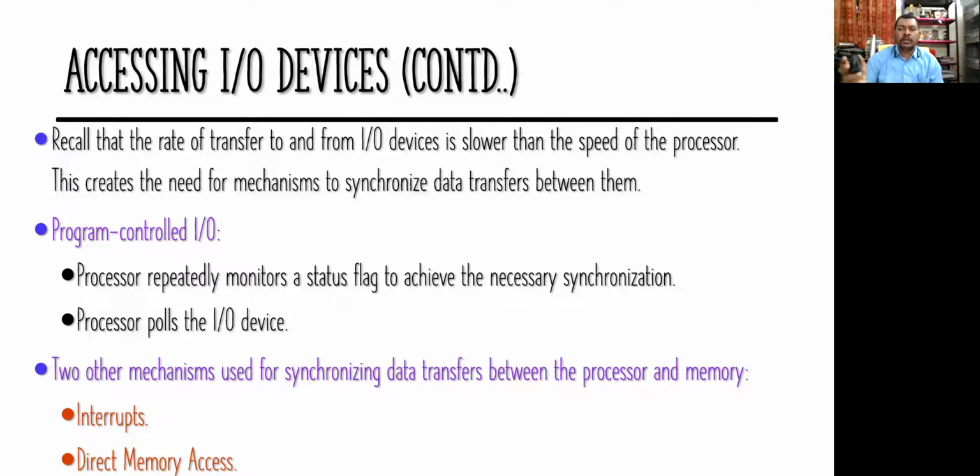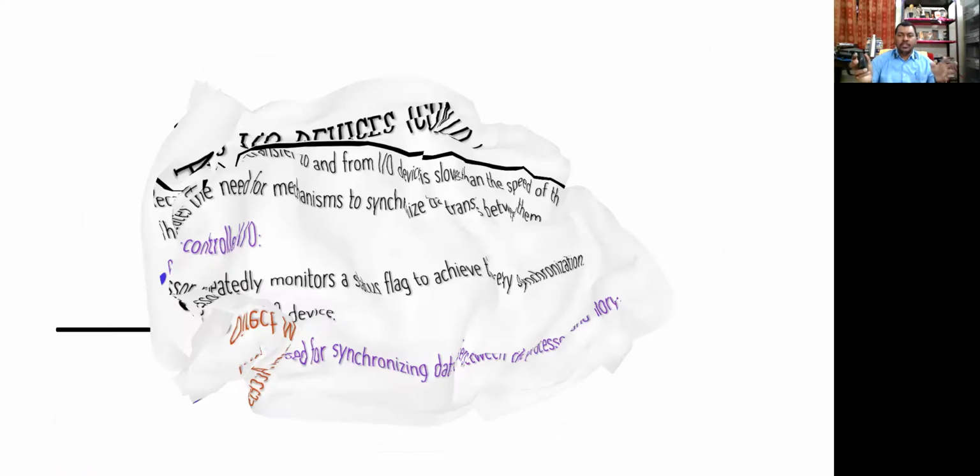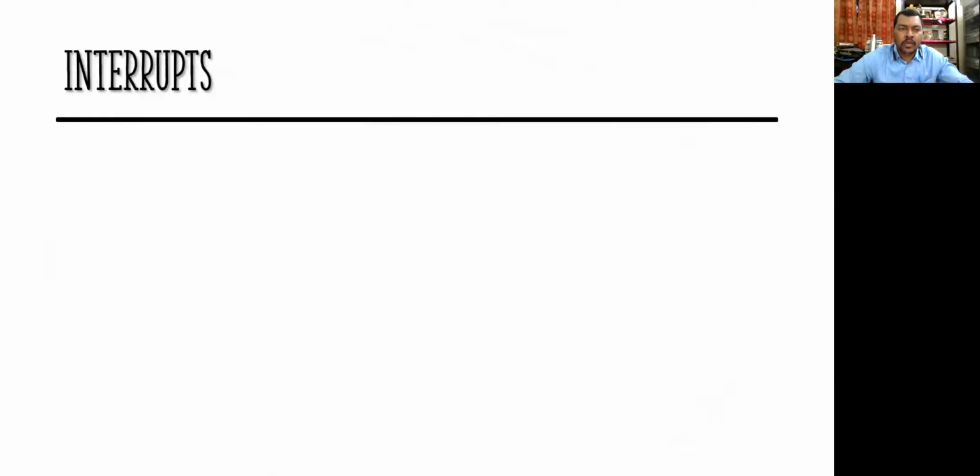So interrupts, what are supposed to be the interrupts? Interrupt means when I'm teaching something, somebody is calling me. That is called an interrupt. Somebody wants me for their work, so what they will do, they will call me. Those people are interrupting my class, right? So when I'm teaching, it is going to interrupt that. That particular situation is called the interrupts. Now let us study in depth what interrupts are.